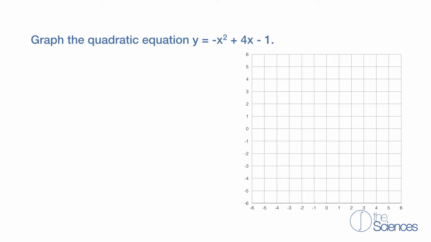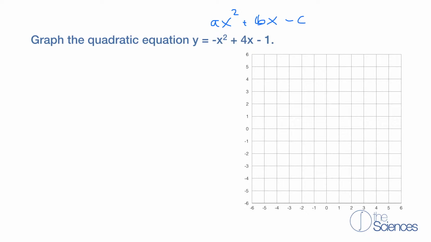Graph the quadratic equation y equals negative x squared plus 4x minus 1. So here notice we have the quadratic equation with the form of ax squared plus bx minus c. So the first thing we want to do is determine whether our parabola opens upward or